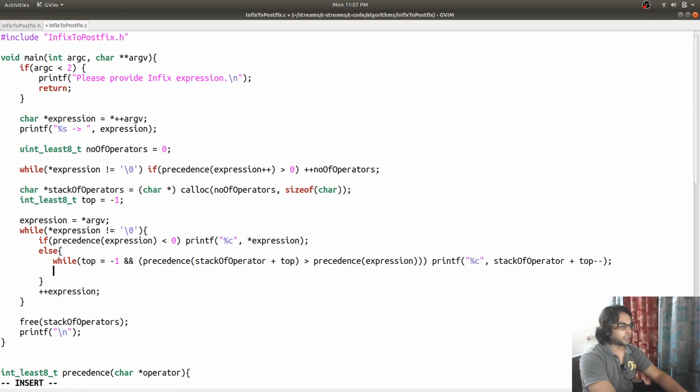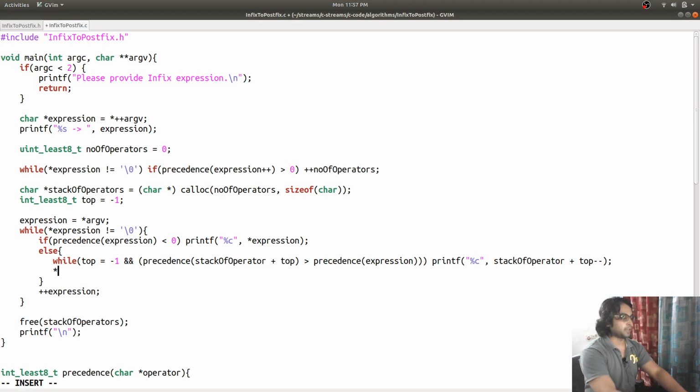So that is printed, and now once that is done, we have popped the operators if there are any in the stack, but we haven't put the current operator that we are holding in our hand in the stack.